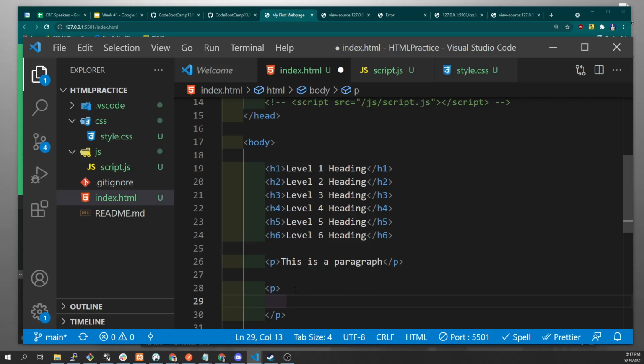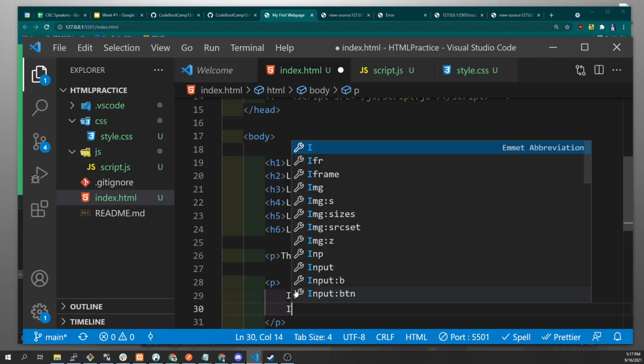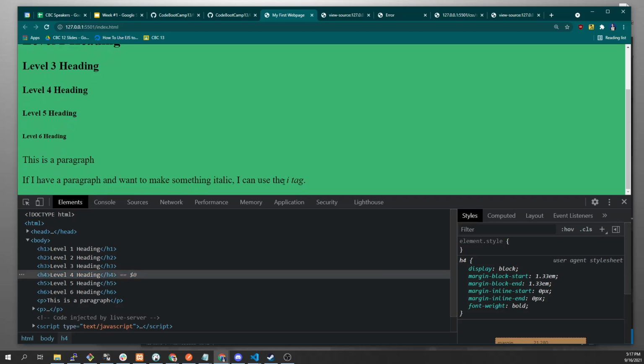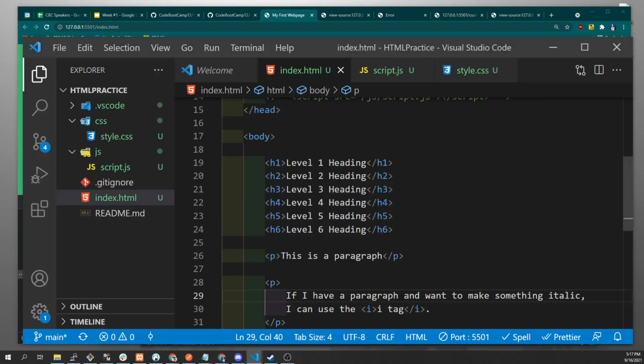Okay, and so if I have a paragraph and want to make something italic, I can use the I tag, right? And so the original way to make something italicized was to use I, right? As I'm sure you can imagine, it means italic, right? And so if we were to save this and reload our page, yeah, you can see that I tag is italicized. As we've evolved, as this programming language has gone to be, as they've changed markup language here to mean